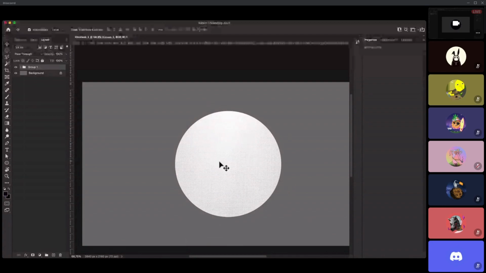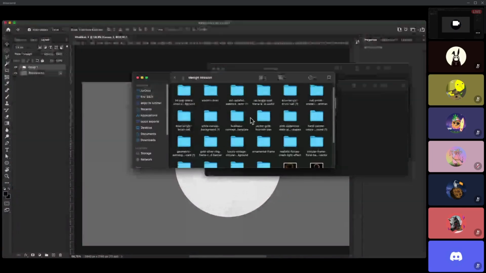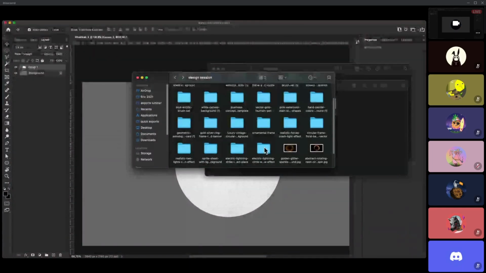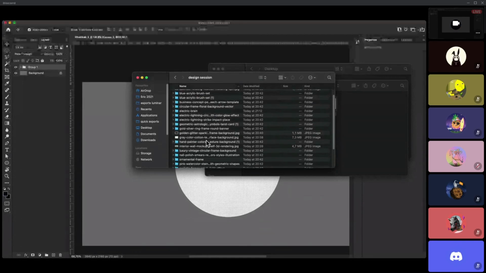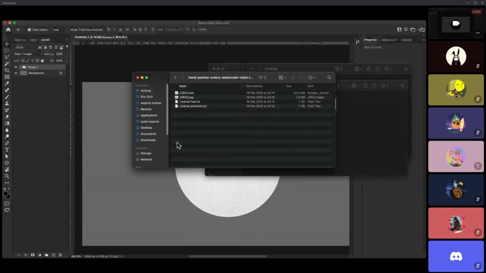So first I created a canvas layer, and I'm going to drop some colored brush strokes onto that. All of these different assets that you're seeing here are downloaded from freepik.com. I have a premium membership there, so I can download them without any licensing issues, and anyone can do the same.